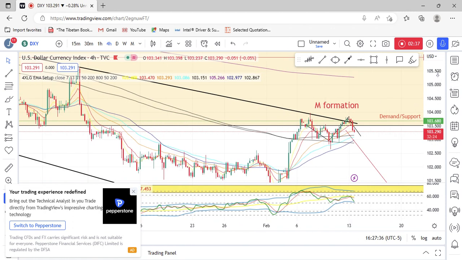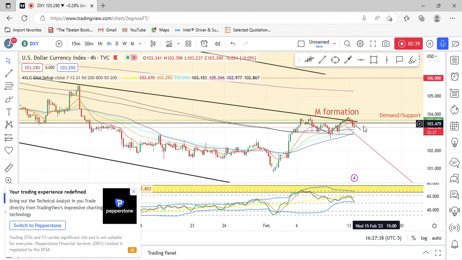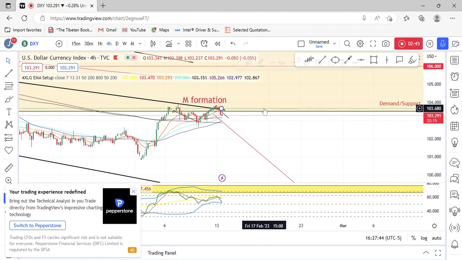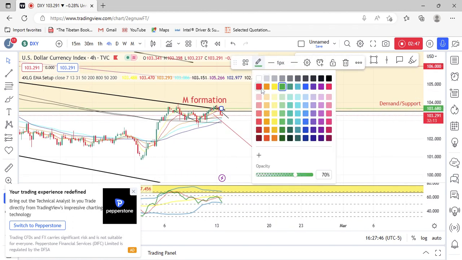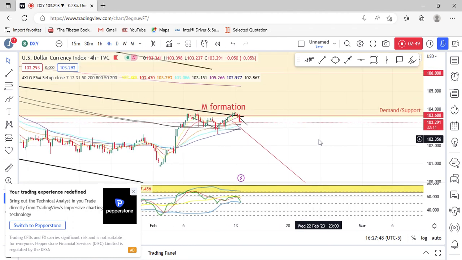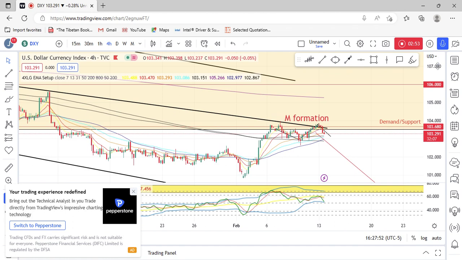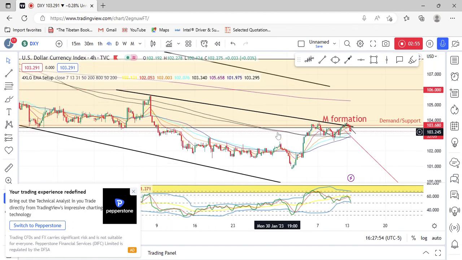So clearly we are seeing a respect to our current demand or support price for a bearish opportunity. And also let's pay attention to some of the major